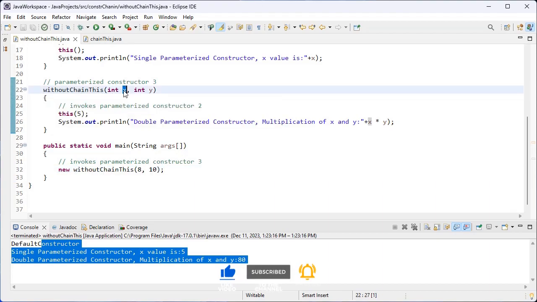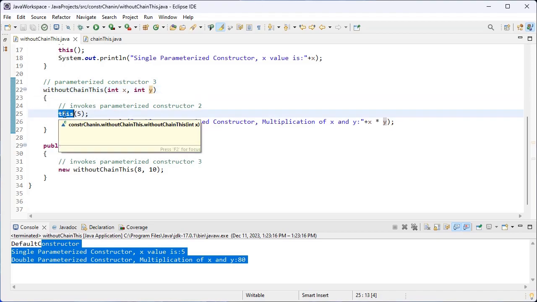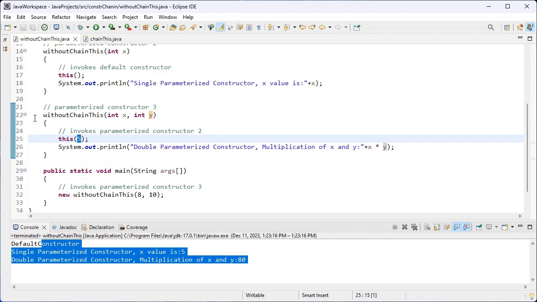Here 8 is stored inside the x and 10 is stored inside y, and inside this double parameterized constructor we have the single parameterized constructor because this keyword refers the current class object, and here we have the single parameter value. So the control again jumps from the 25th line to the single